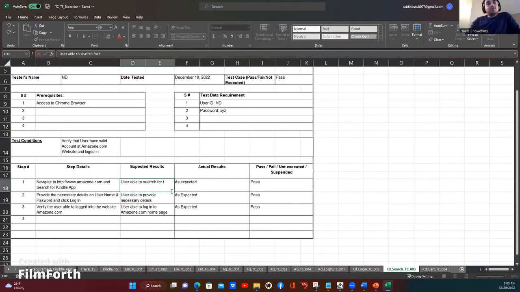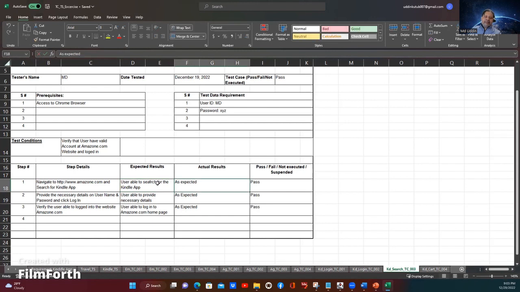Search for the Kindle app, right? Okay, yeah, search for the Kindle app. And expected, or you can write the same thing. You can write the same thing, or you can write it as expected. Right? And then provide